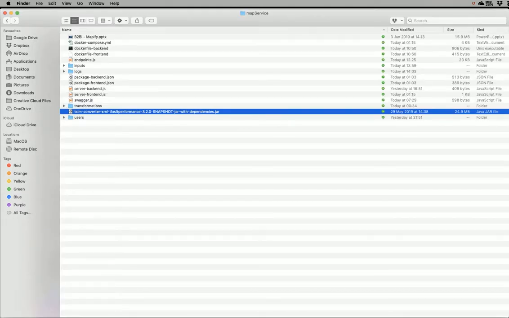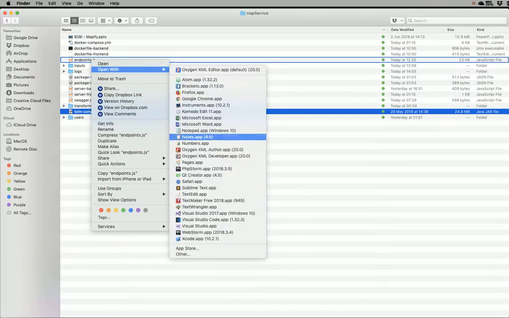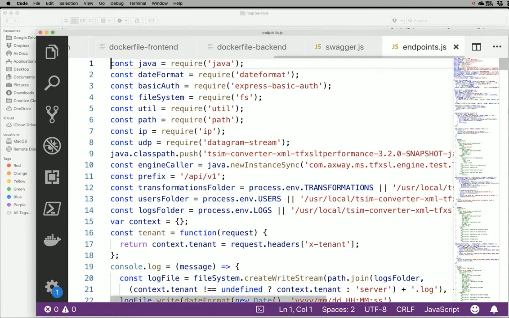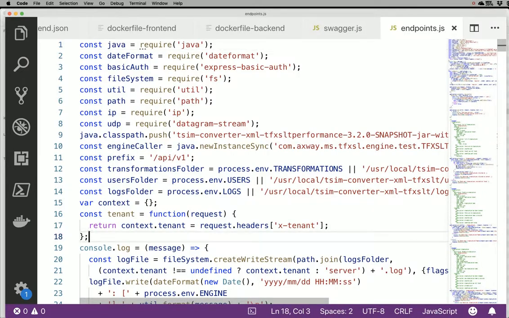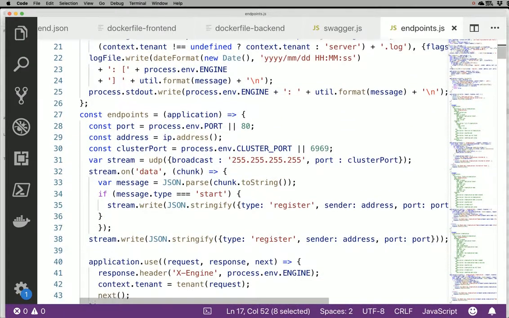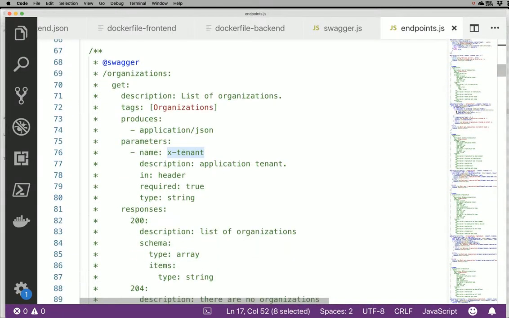Now, the magic and the implementation itself resides in endpoints.js, in which I have some components to call. Basically, I have some utilities. For instance, I will need to have the ID of the tenant each time I do a call, to know for which implementation, for which tenant the call should be. And I register some endpoints, and here you see the YAML that documents each endpoint,